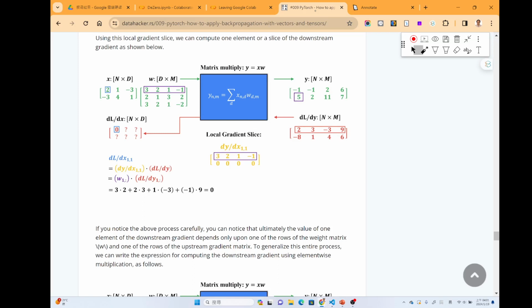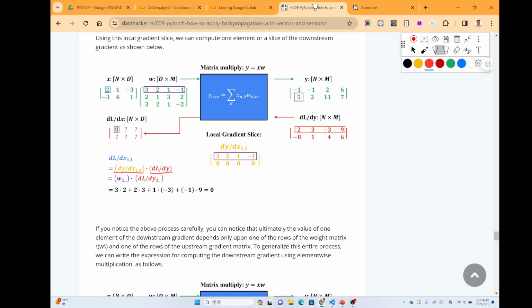And for this one and this one, we can just do a dot product between them. So the dL over dx11, we can see that this is actually a scalar because L is a scalar and x11 is a scalar as well. So the derivative should be a scalar, and it will be the dot product between this matrix and this matrix. Okay.